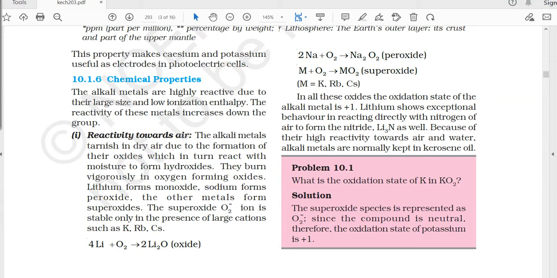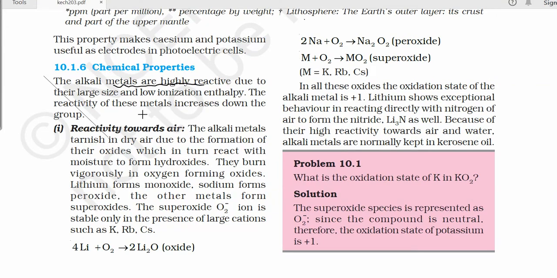And in this chapter, let's continue with the next topic. In the last topic, we discussed the physical properties and the other atomic properties of the alkali metals. Now, moving forward, we are going to discuss the chemical properties of the alkali metals. In the chemical properties of the alkali metals, we are going to discuss first